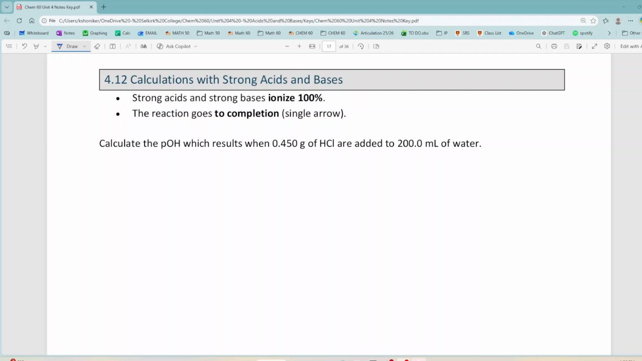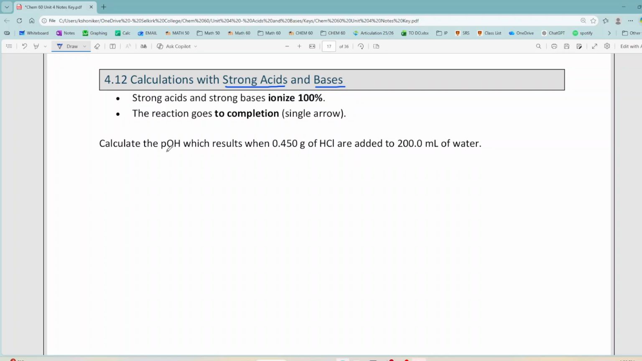So as always, these videos slowly build. The next thing that we are going to do is calculations with strong acids and bases. And then in the next video, we're going to mix acids and bases together. So in this